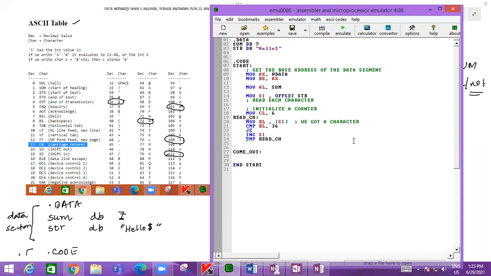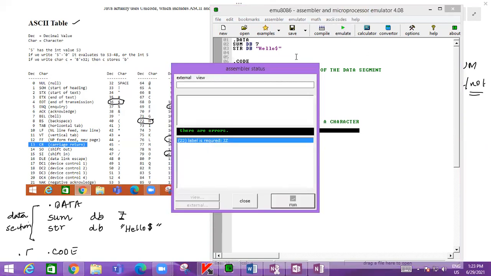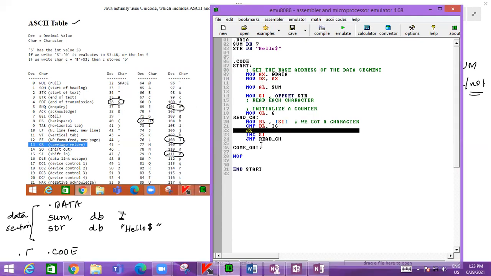So let us see how this works. Here, after coming out, we'll introduce no operation, do nothing basically. So let us see if it works. Jump on not zero. Where we have to go? We have to go to read character. Go to read the next character.